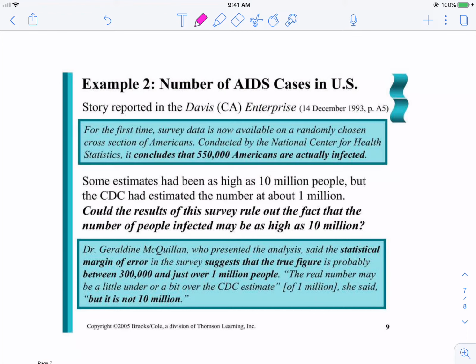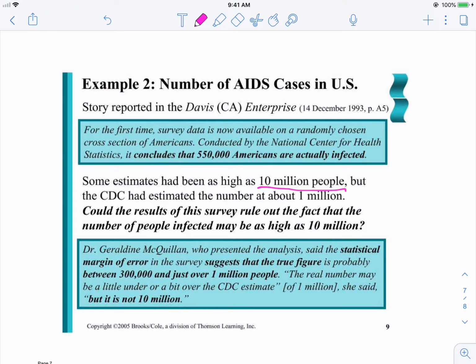Survey data is now available on a randomly chosen cross-section of Americans conducted by the National Center for Health Statistics. It concludes that 550,000 Americans are actually infected. But at that time, some estimates for the number of individuals affected with AIDS had been as high as 10 million people. But the CDC had estimated the number to be about 1 million. Could the results of this survey rule out the fact that the number of people infected may be as high as 10 million people? Well, this doctor, Geraldine McQuillan,